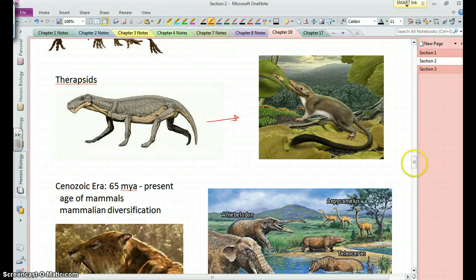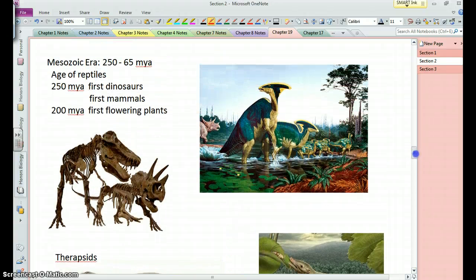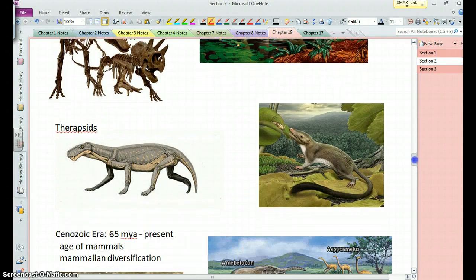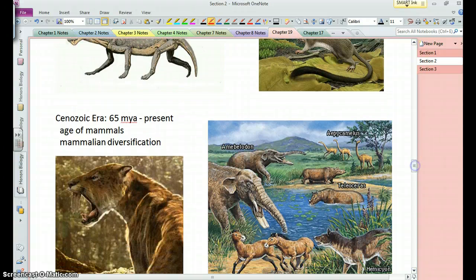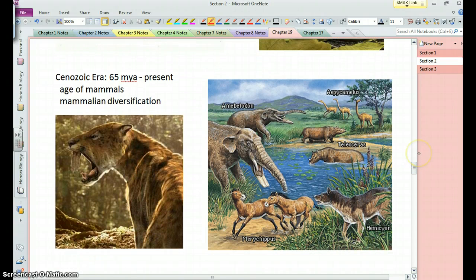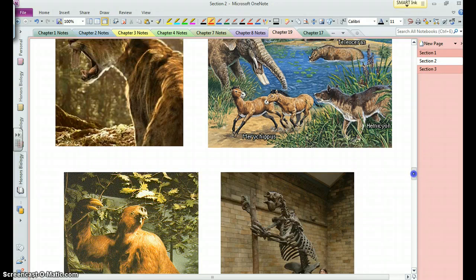And so you can see this is a relatively lengthy period of time, from about 250 to 65 million years ago. About 65 million years ago, as far as we can tell, the dinosaurs went extinct. Well, they definitely went extinct, and it was about that time. Then we enter the Cenozoic, the current geologic era that we're in, the age of mammals. Mammals, considerable diversification, lots of large mammals evolving.